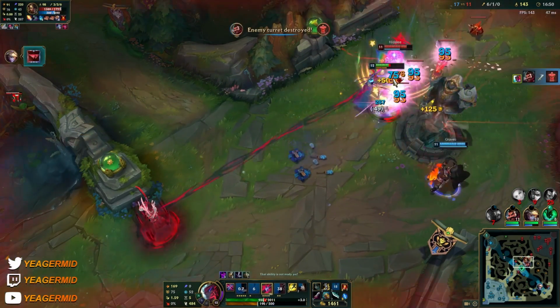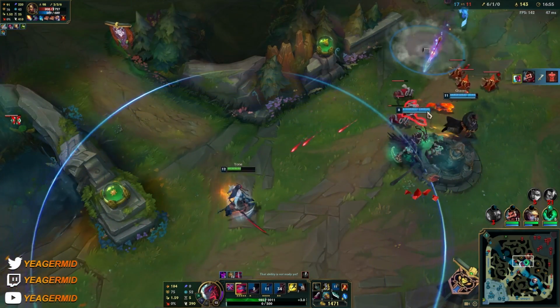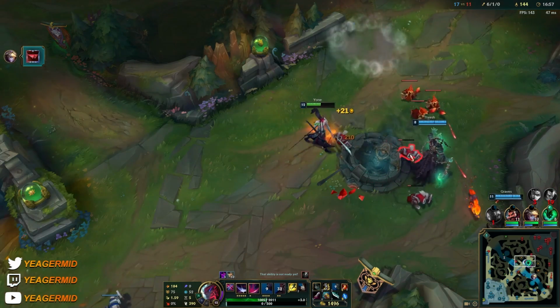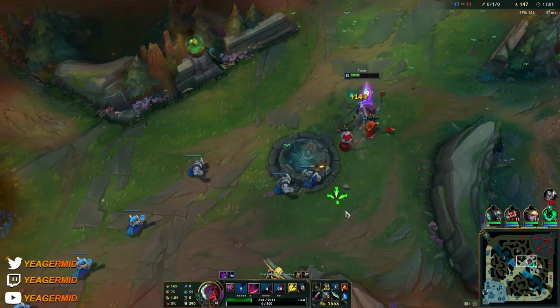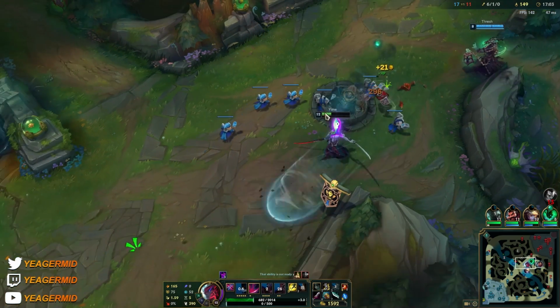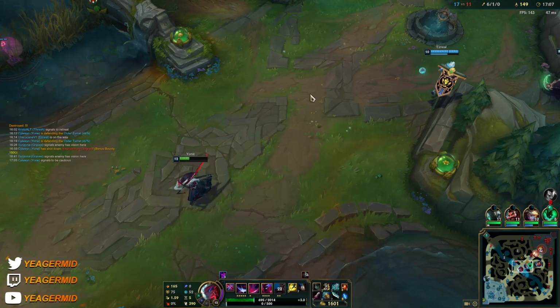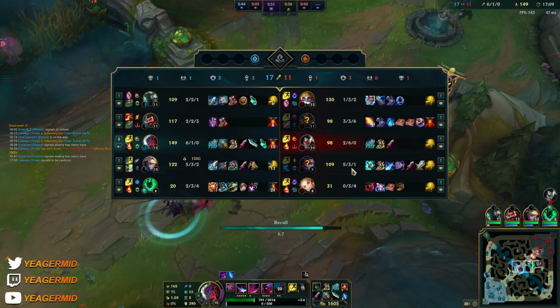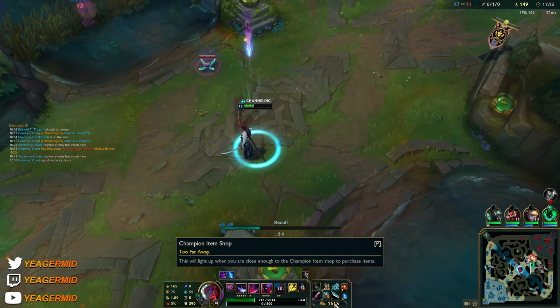Get the tower. But it's such a massive spike when you're getting Blade of the Ruined King, because you can take fights that you normally cannot do. Let's back off right here. You're gonna get the Krakens Slayer and then you go into the Infinity Edge. And if you want to go complete Glass Cannon, you can also get the Phantom Dancer, but I don't recommend it when you have...